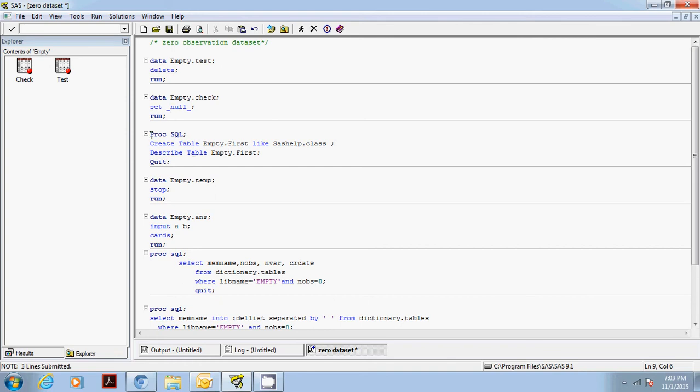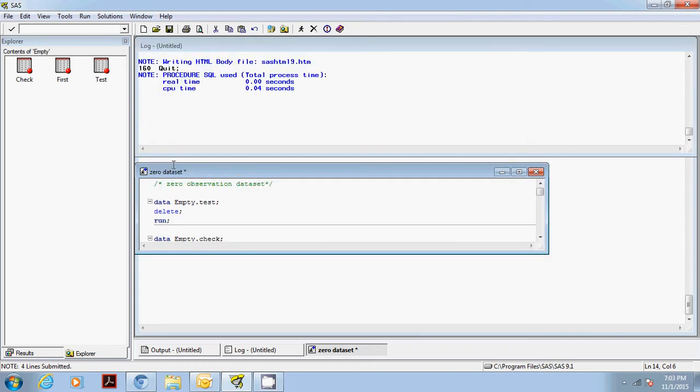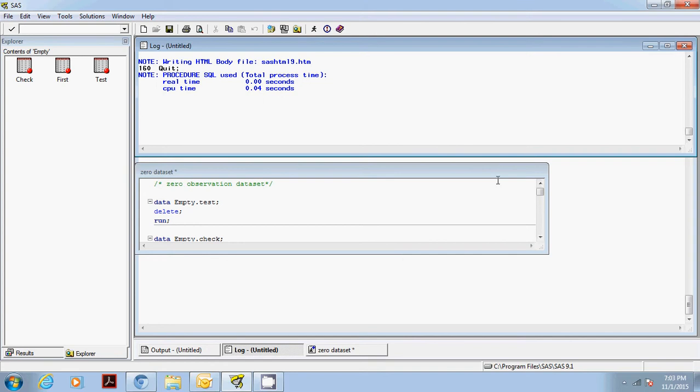So I'm going to run this, and in the log I'm going to show you how the structure of this table looks like.